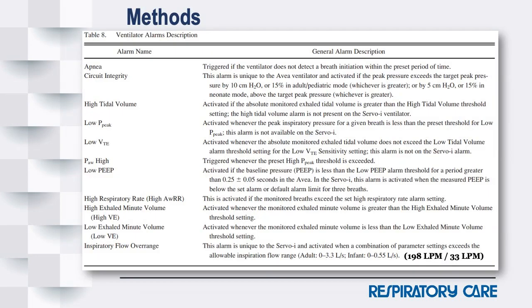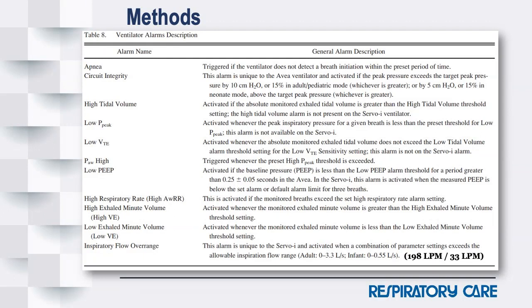There are a few tables mentioned or shown in the methods section that I want to cover before we move on to the results of the study. And this first one here, this is the ventilator alarms description. It may be small depending on the screen that you're looking at, and I apologize for that. Most of the alarms on here are the normal alarms that everyone's probably used to, and they mean exactly what's stated. For example, an apnea alarm, a low peak pressure alarm, low tidal volume alarm, etc.